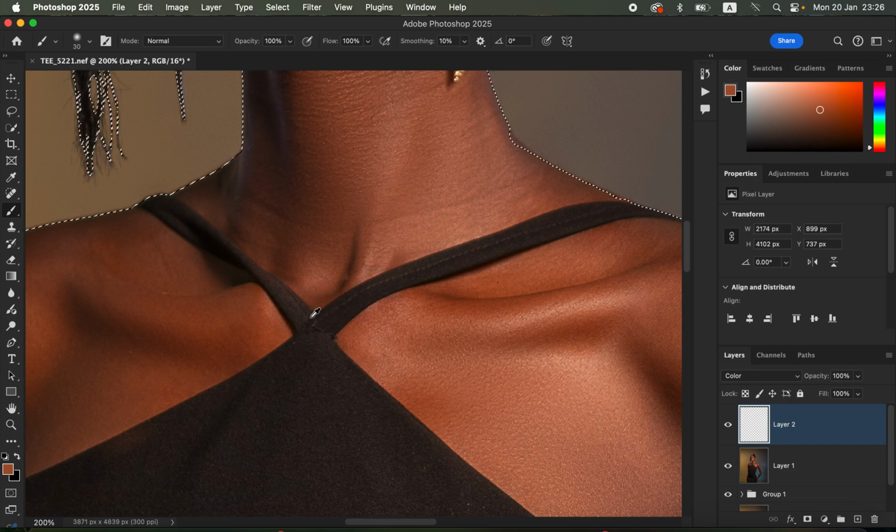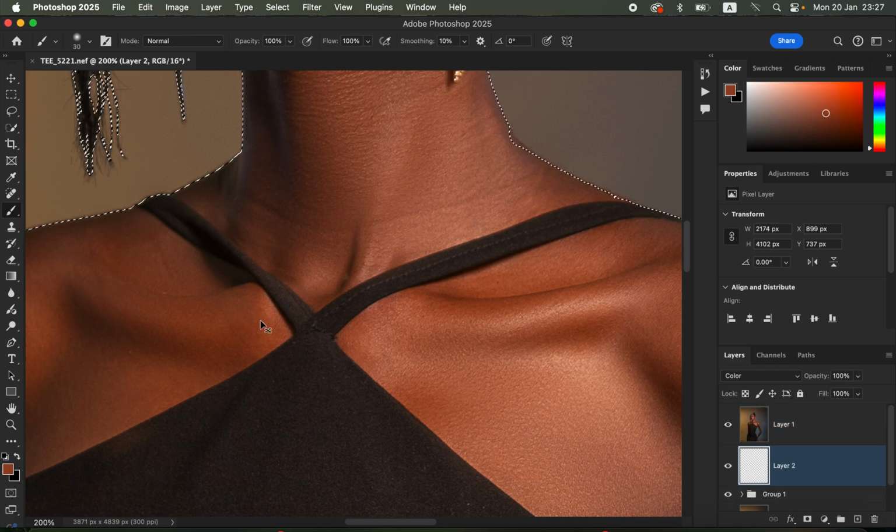So hold down the Option key on the keyboard, or you can hold down the Alt key on the keyboard and left click on that color that we want the rest of her skin to look like. Alt and left click, Option and left click, that is for Mac. And after choosing that color,